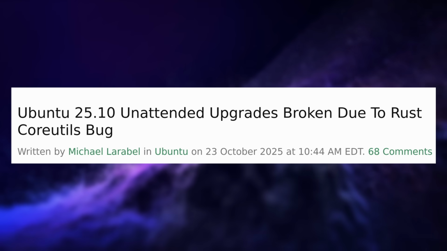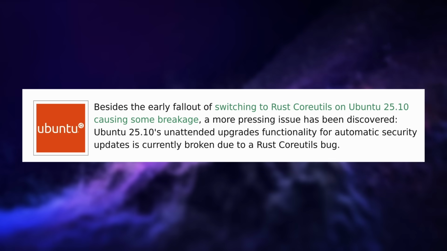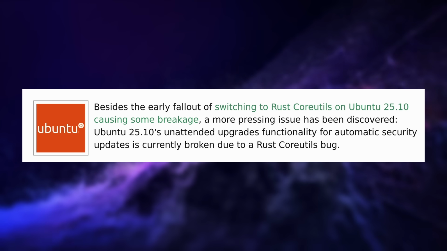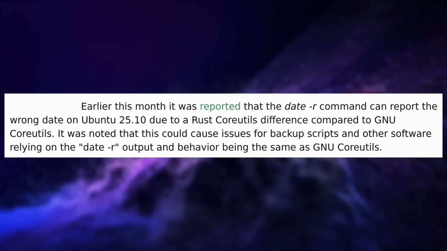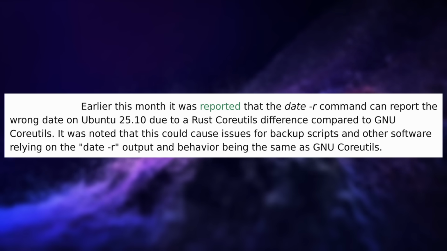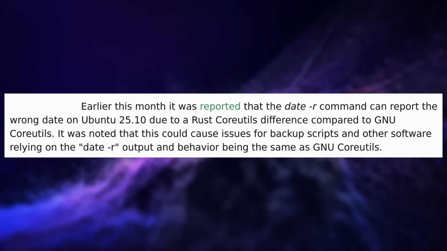Now, you might know that Ubuntu 25.10 replaced the GNU coreutils with equivalents written in Rust. That transition seemed okay. There were a few reports of performance problems, but nothing too serious. Although there is one issue that is serious, and that's with the date -r command. This command is used to get the last modification date of a file, and it can apparently report the wrong date. This has been fixed upstream, but the fix has not yet been pulled into Ubuntu 25.10, meaning unattended upgrades